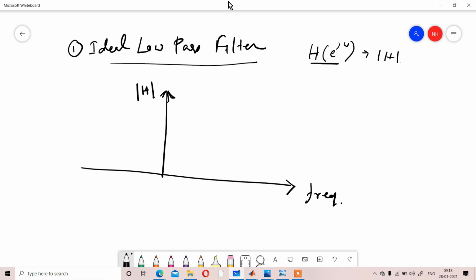The frequency starts from 0 and goes towards infinity, and also minus infinity in the left side.